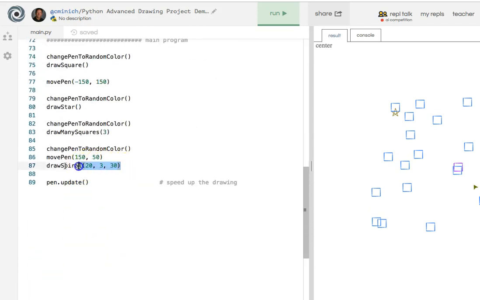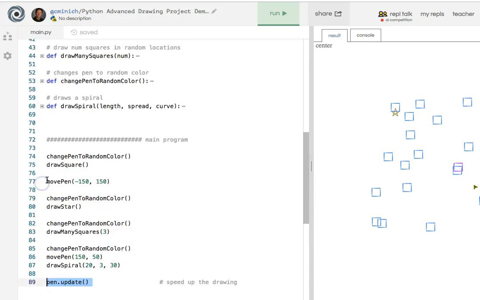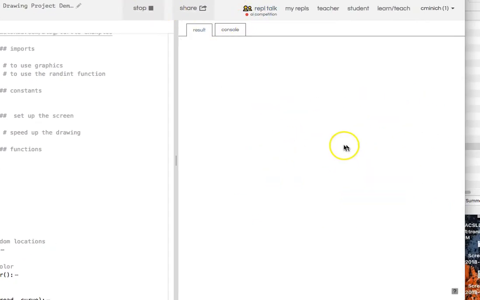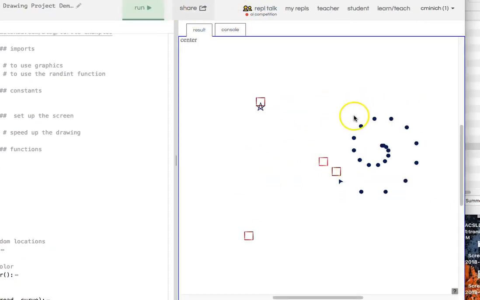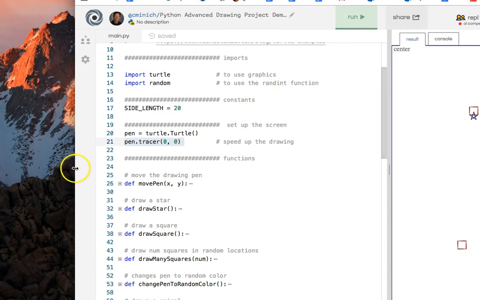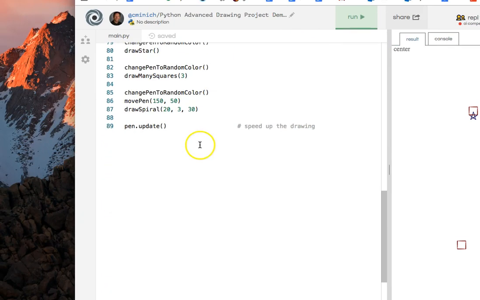Okay, like I said, I'm not going to go over draw spiral. That's too complicated for this video. And pen update, which goes hand in hand with this thing called pen tracer, it makes your code just work really instantly fast. Otherwise, it takes forever to watch your turtle sometimes move around. So you might want to, on this assignment, throw in pen.tracer up in the setup screen area. And you might want to then do pen update as the last line of code so it all works